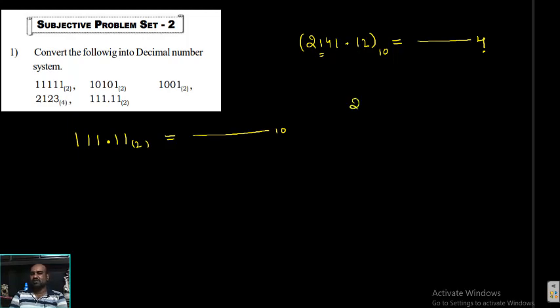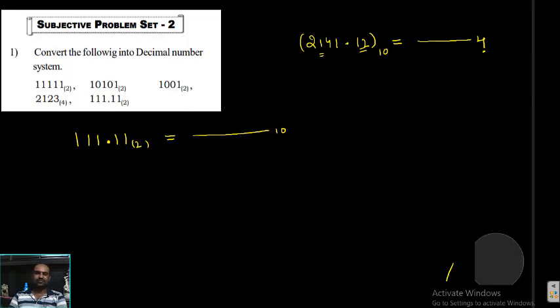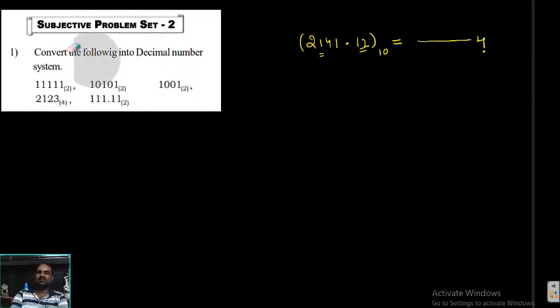For example, the question is 2141 base 10 should be converted into base 4. What we should do? Just 2141 divided by 4. 4 5s are 20, 1. 4 3s are 12, 2. 4 5s are 20, 1 remainder. Like that. After that, this decimal 0.12 we want to convert into base 4. The integral part is divided by 4, so the decimal part should be multiplied by 4. I will explain. First I want to complete this example.